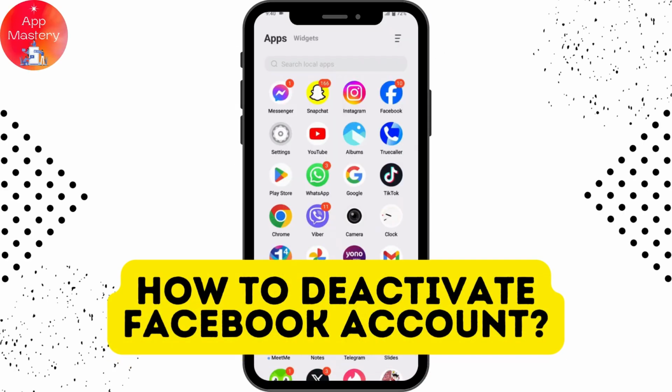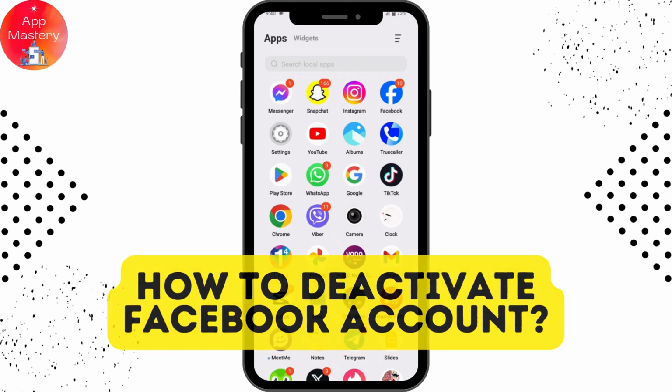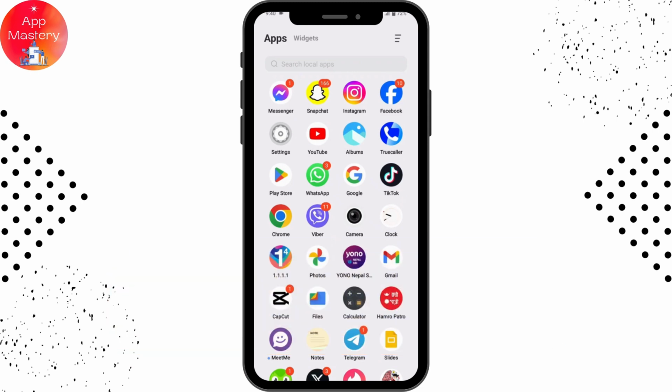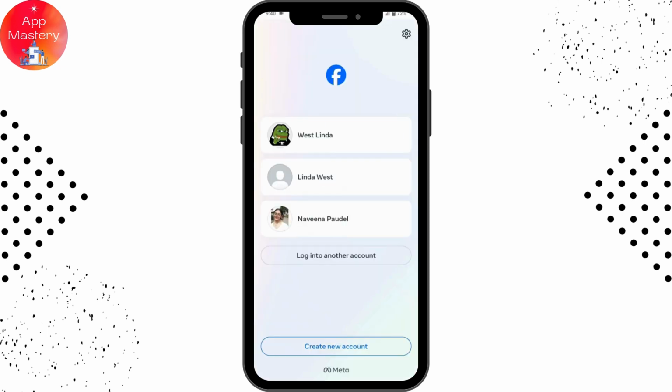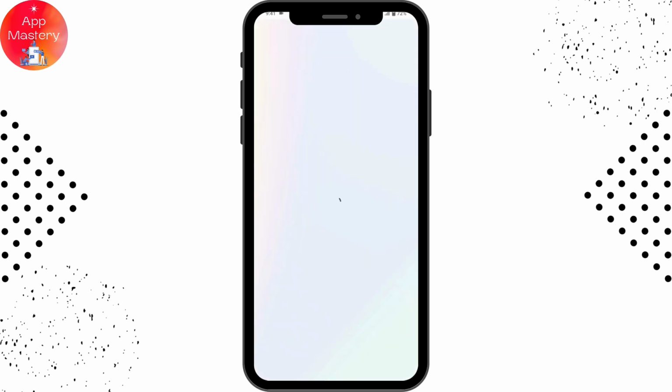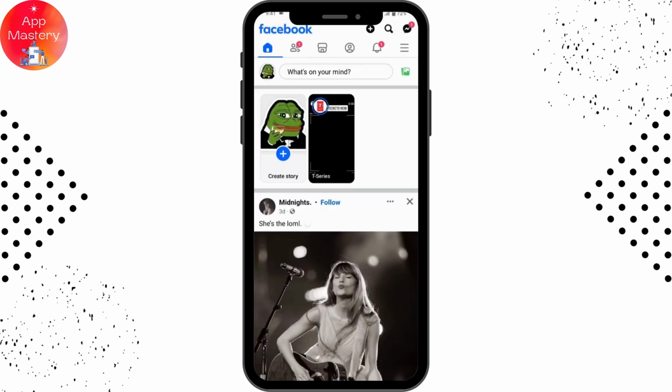How to deactivate Facebook account. So if you want to deactivate your Facebook account, then first open up your Facebook application. Now log into your account. You can log into any account that you would like to deactivate, and then simply go for the upper right,